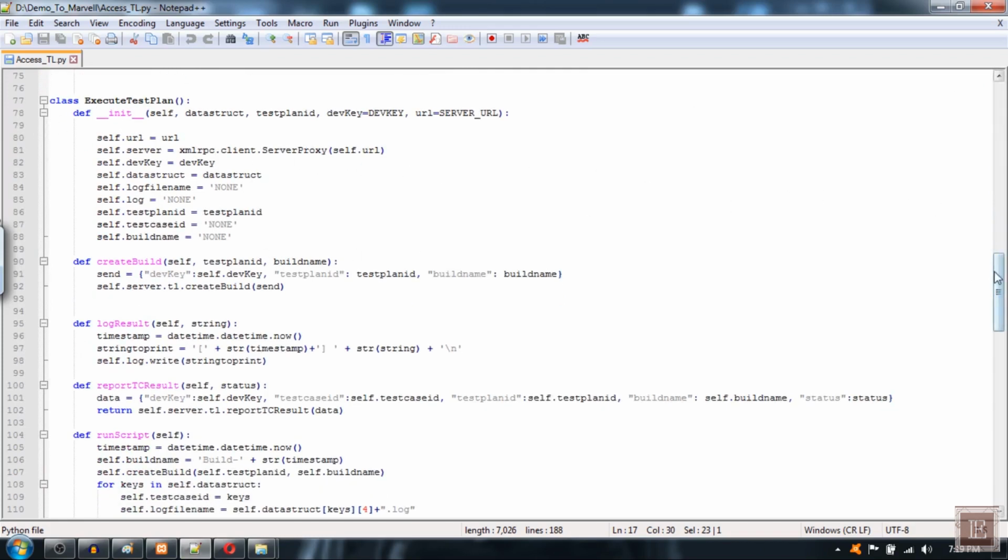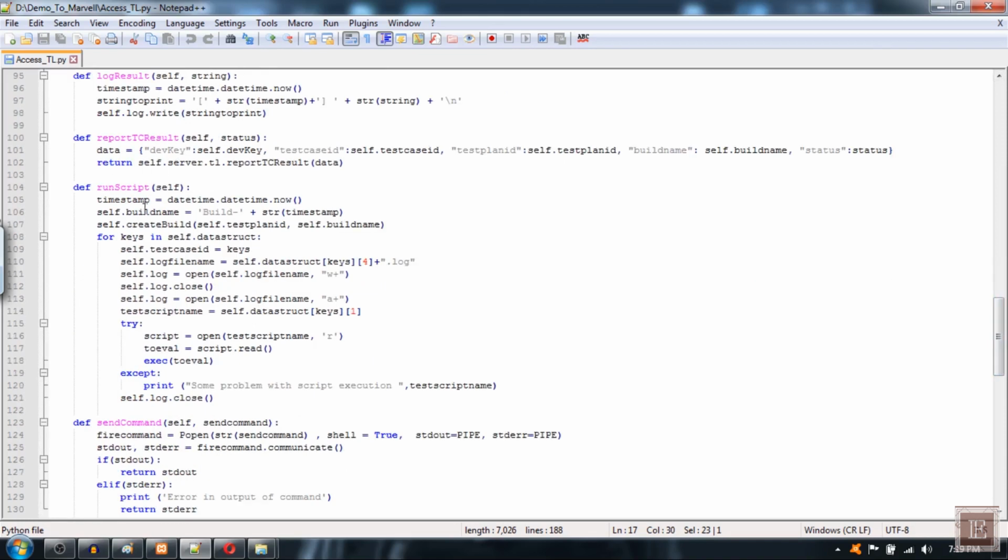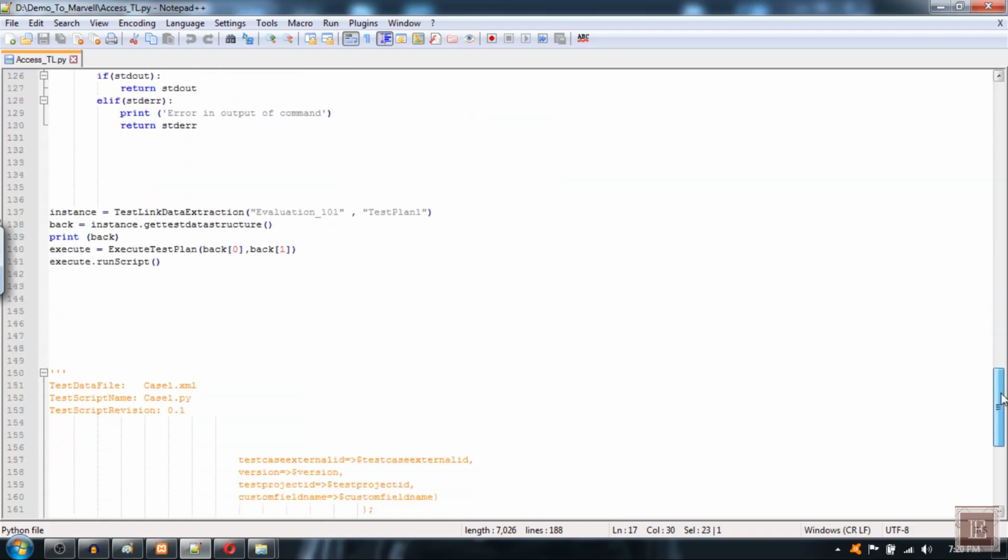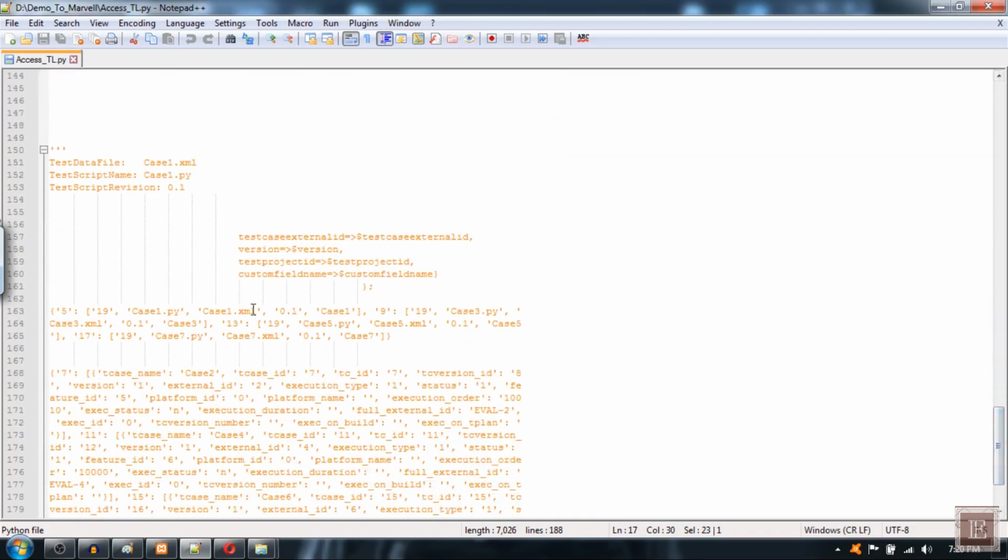So what the execute test plan class does is, the main method in that class is the run script method. So basically this picks up those scripts corresponding to those test cases and it runs. So I will be showing all this with one script in the end, but that's what happens. So when you call it as a framework, basically what happens is, as I showed you, this data structure that is being passed out of the first class,